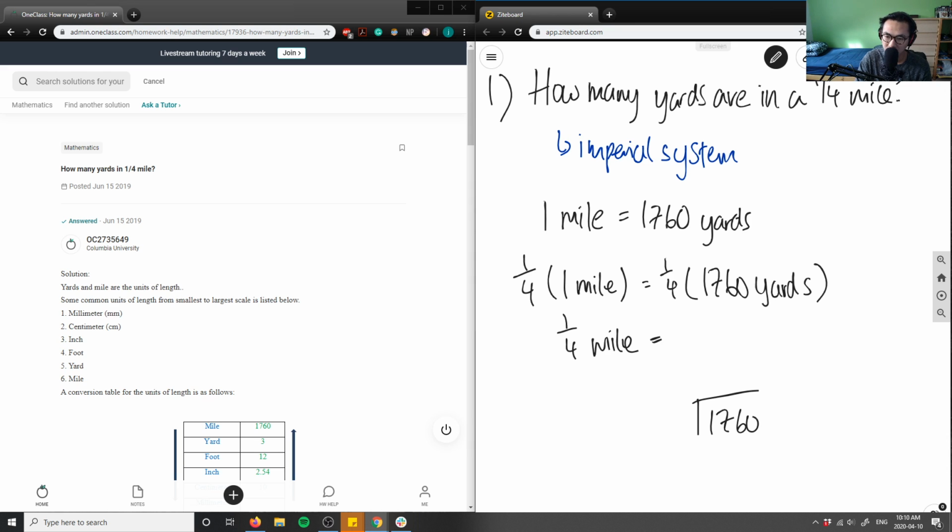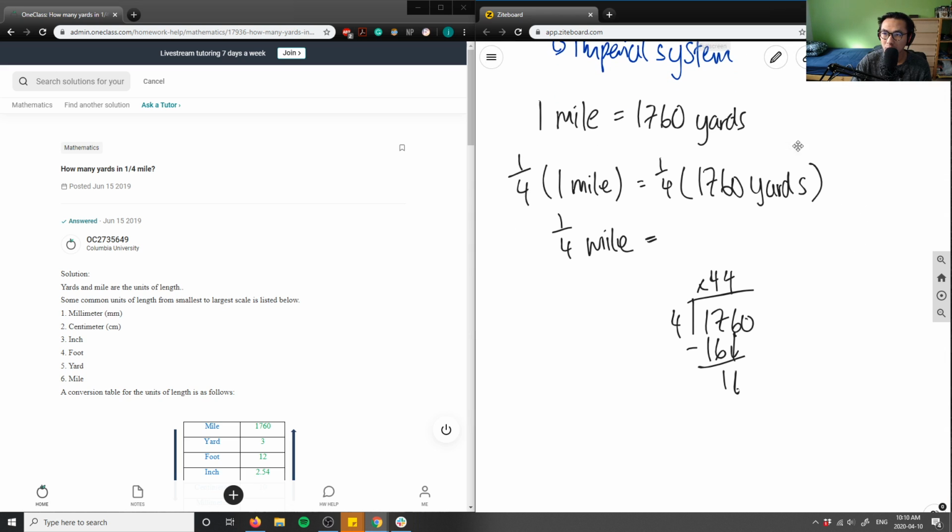long division, right? So I have 4 here. So what I can do is I'll solve this, I guess. So I have 4 times what equals closest to 17 would be 4. So 4 times 4 here is 16. Bring down the 6 here. 17 minus 16 is 1. Bring down the 6 is 16. And then it'll be another 4 here.